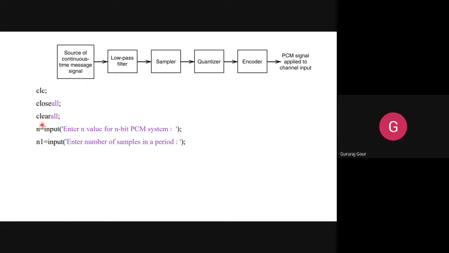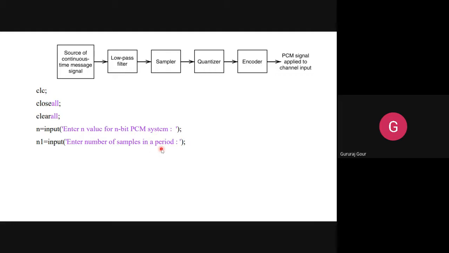So try to remember the variables which we are going to use. Small n will indicate the number of bits, n-bit PCM. So how many bits PCM you are going to design, 8 bit or 16 bit or 32 bit, like that. N1 will indicate the number of samples in a period.